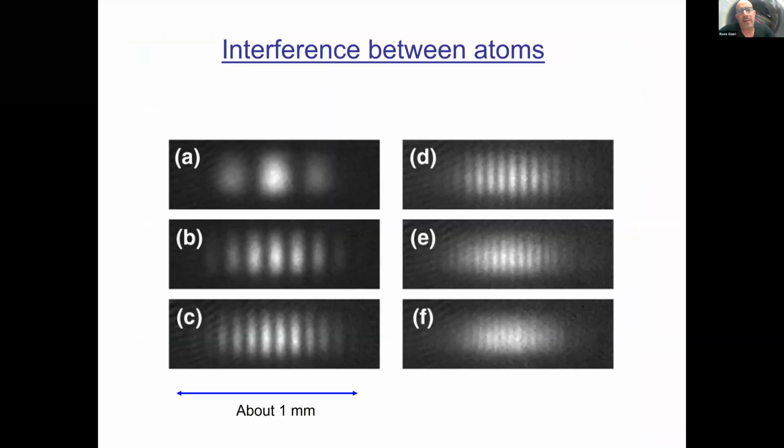And what quantum mechanics tells us is that atoms, which we often think of as particles, behave like waves. What you see here, again, are images from our lab at the Weizmann Institute of Science. You see an image of an atomic cloud. So this is a very cold gas made out of atoms, and the atoms here interfere with each other. What you see here are interference fringes. The dark areas are areas where the atomic wave destructively interfered, and I don't see any atoms here. The white areas are areas where the atomic wave constructively interfered, and I see many, many atoms.